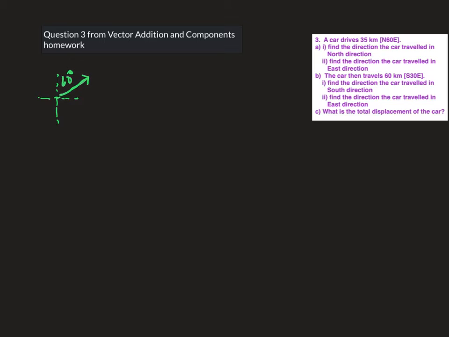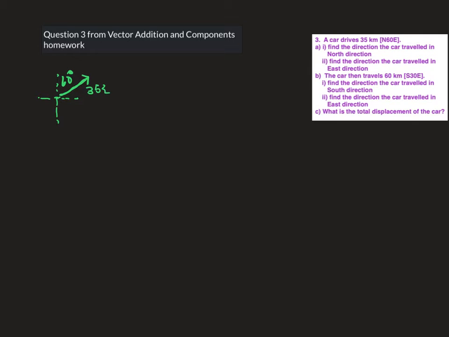Now, what we're asked to do is to find the components in each direction, first north and then east. Okay, so if we look at the 60 degrees here, and north is this one right here, notice that north is adjacent to the angle that we're talking about. That means I'm going to be using cos. The length of the hypotenuse is the 35